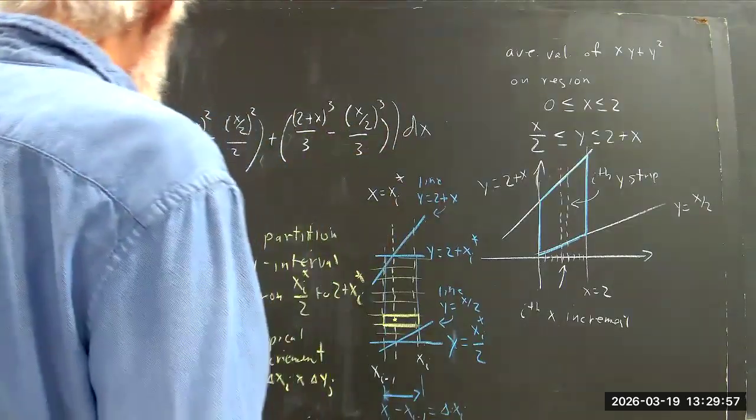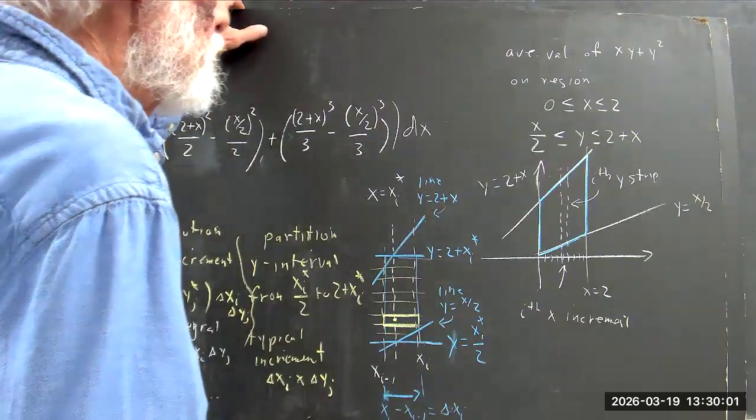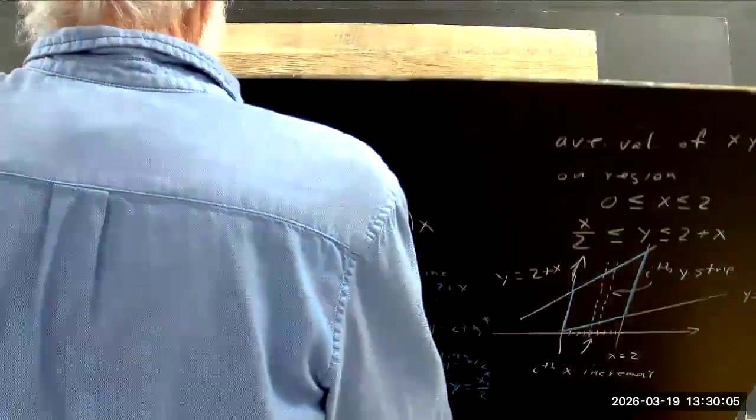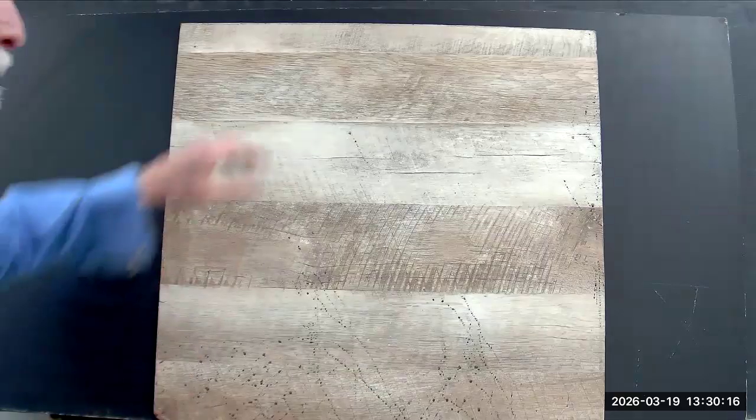Now, that should give you a little deeper insight into what you're doing in section 2. And that would be a typical type of problem from section 2. Section 3,